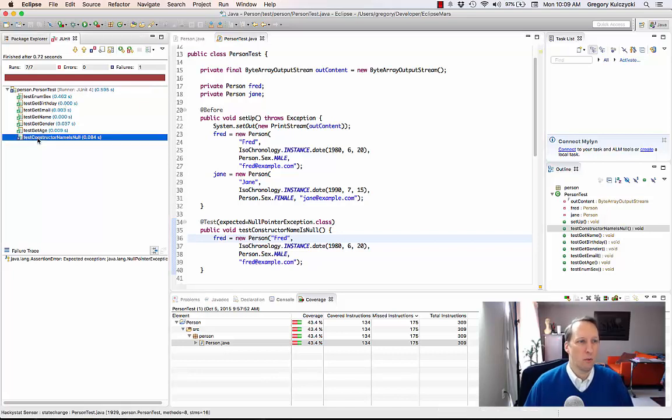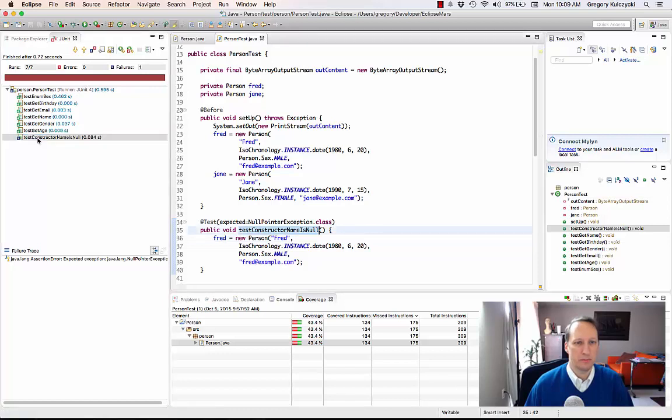Okay, so we got one failure here. Test constructor name is null is considered a failure. All right, so our test fails, and that's good. Some people also like to put fail there, just kind of as a sanity check. If you run this,